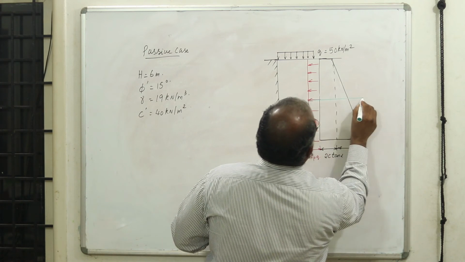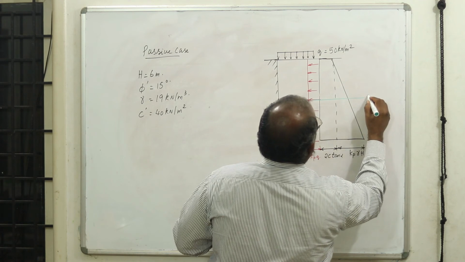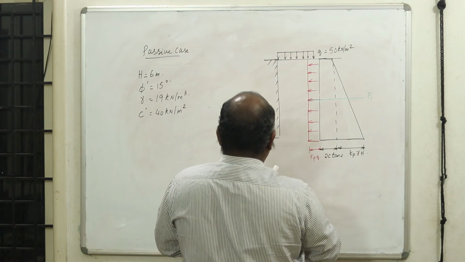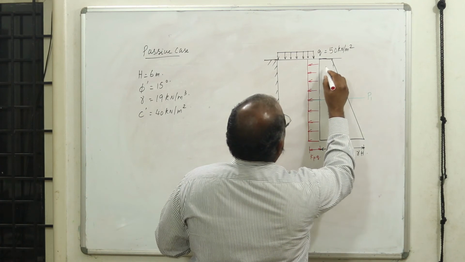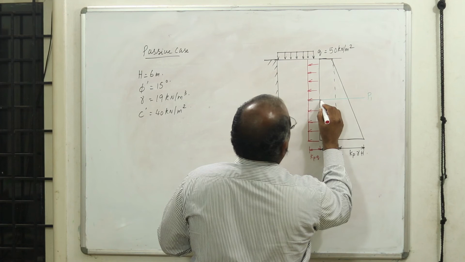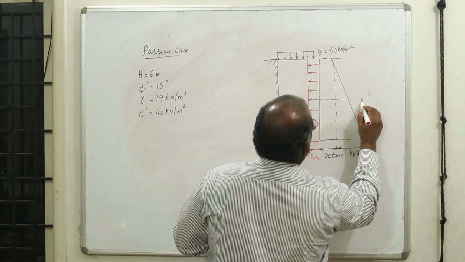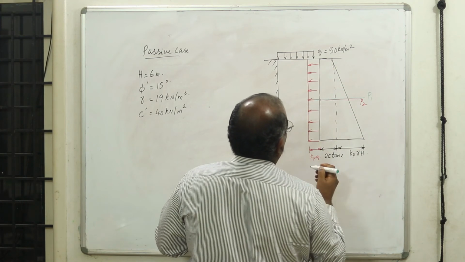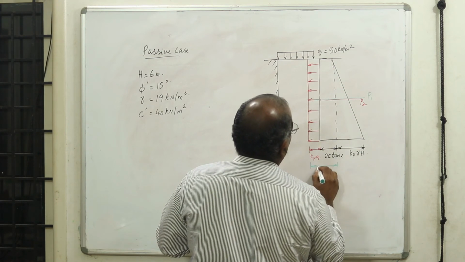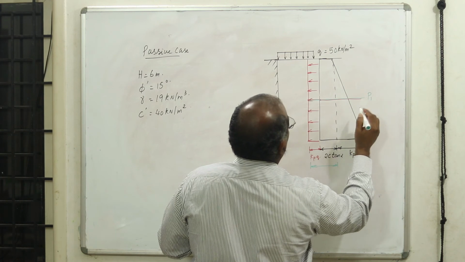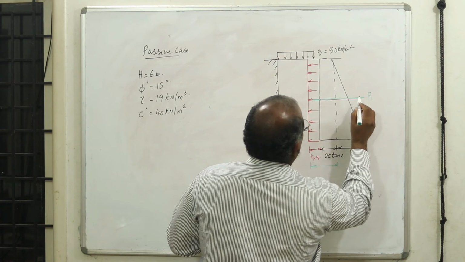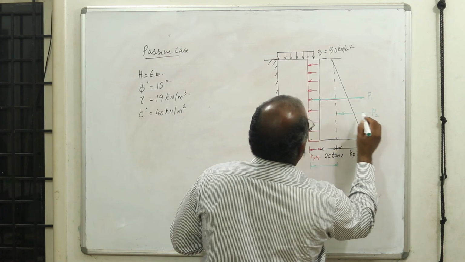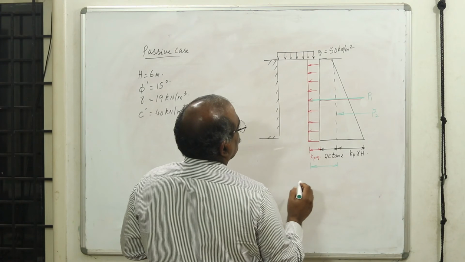I can find out the direction from right to left. Let me call this P1 for this rectangle, and for this rectangle there is one more, that is P2. Or I can take this complete as these two. I can take this as P1, and this I can take as P2, because this forms a big rectangle.